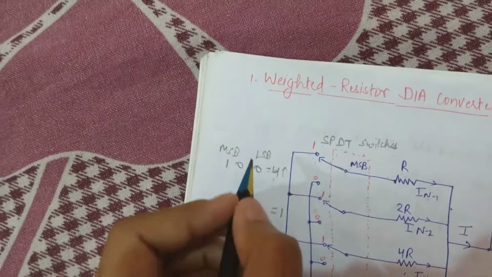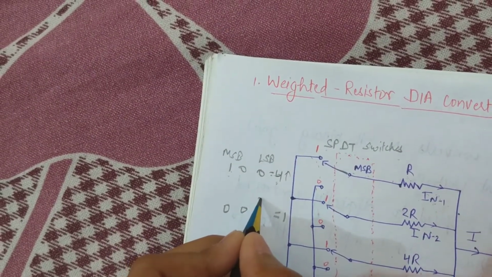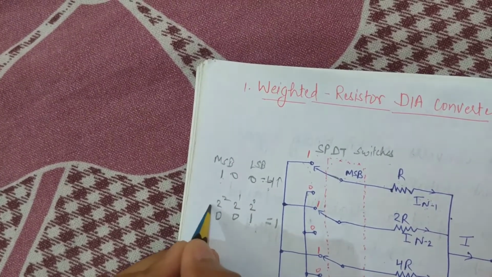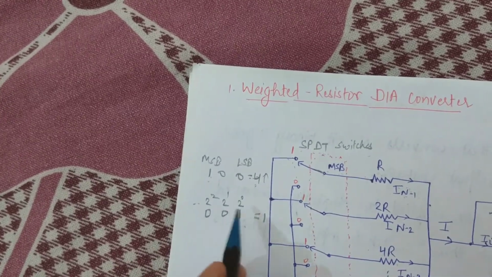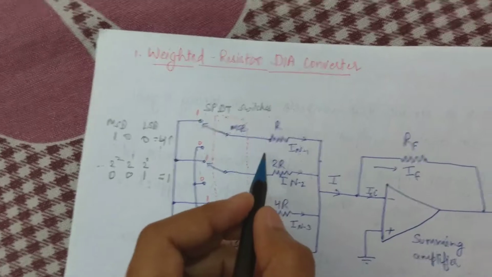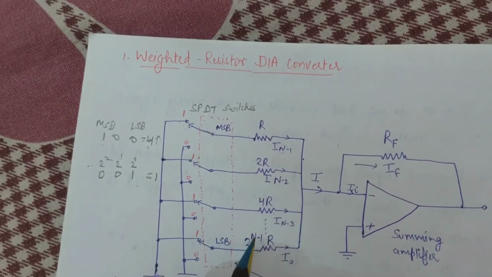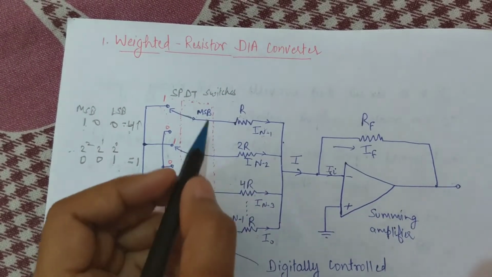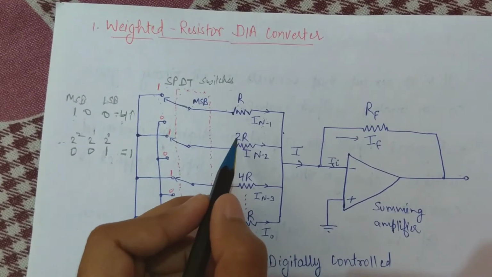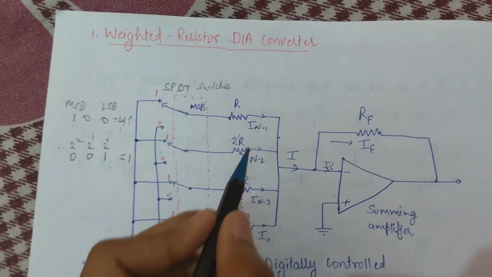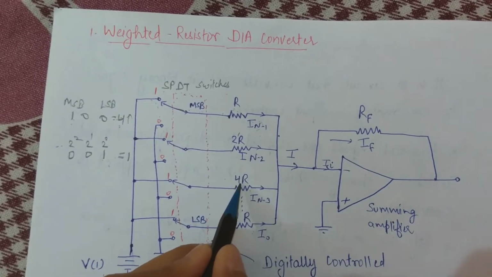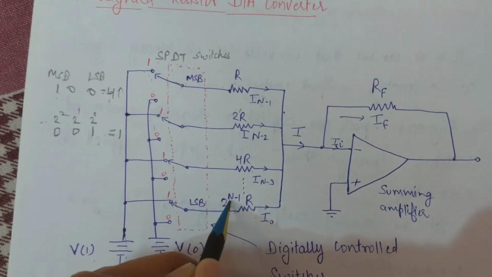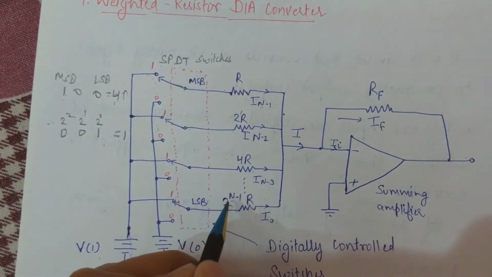You already know that in binary numbers, the LSB has this weight, 2 raised to power 0. Next, 2 raised to power 1, 2 raised to power 2, and so on. These binary numbers have weights, okay? So here also, we have connected the resistance according to the binary weights. You can see here 2 raised to power 0 weight for the first resistor corresponding to MSB, R. Next resistor is 2 raised to power 1, 2R. For next digit we have 2 raised to power 2, 4R, and so on up to 2 raised to power n minus 1 R, where this capital N is your maximum number of bits.